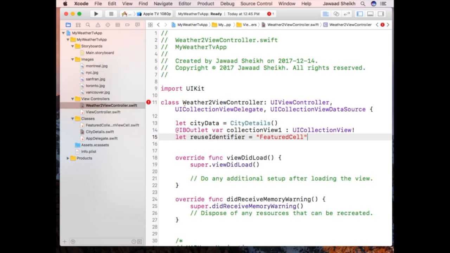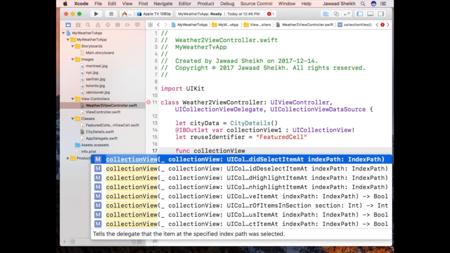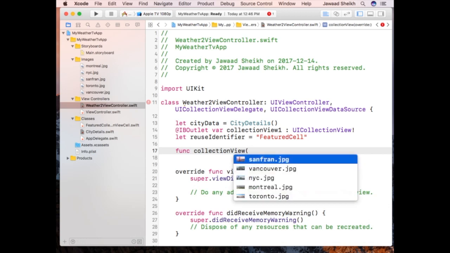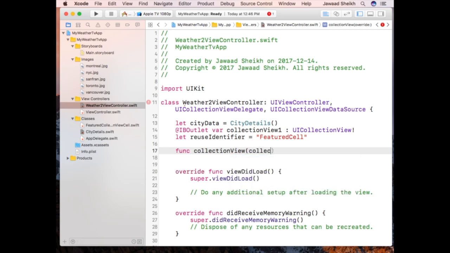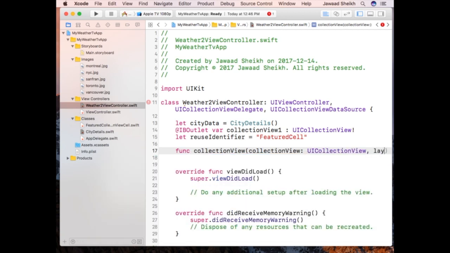Now there are three methods that we need, and unfortunately autocomplete will not be our friend on this. These methods will help us in adjusting our look and feel for the collection view to be what we want here. And they're not necessary. You can actually get away with not using them. So if you have trouble, you can comment them out until you see the proper definition, maybe in the Apple docs or whatnot. But we'll start with this first function. So we'll say func collectionView. And let's see if I can get some autocomplete action going here, but I'll start typing and see how it goes. So collectionView, UICollectionView, comma layout,